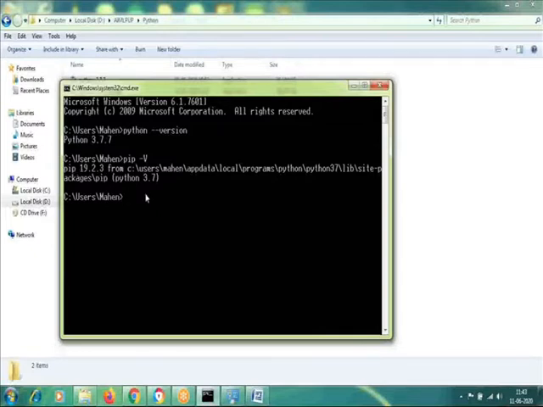Next important thing: many of you, specifically computer science people, might be wondering why we are going to use pip and not Anaconda. Let me first clear that pip and Anaconda are both for installing packages for Python. But Anaconda is different. Conda is used to install libraries not just for Python, but for other languages also.